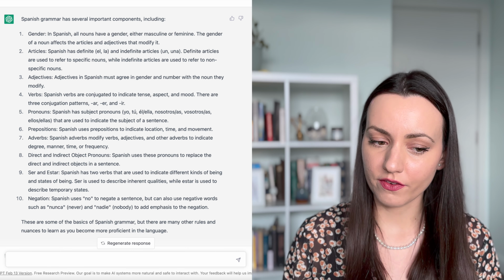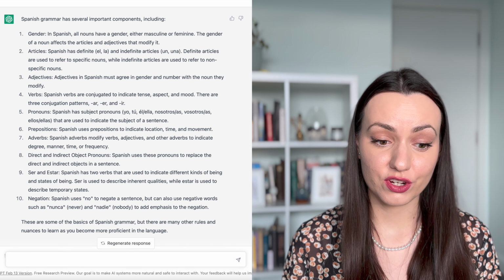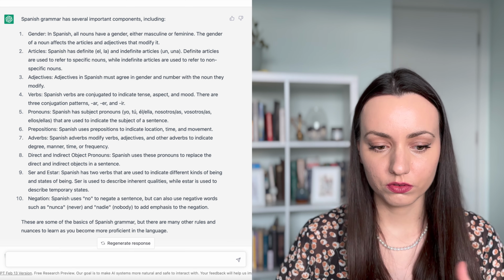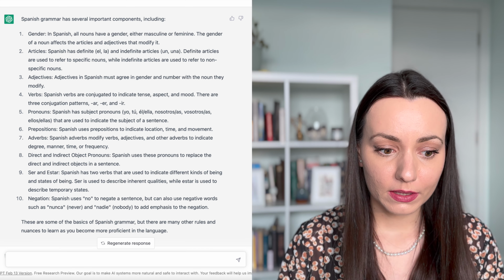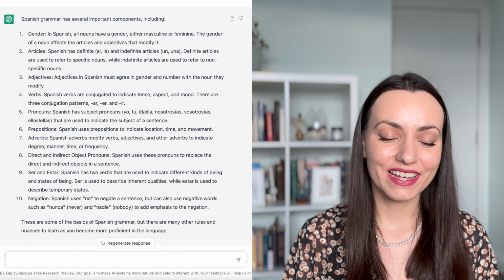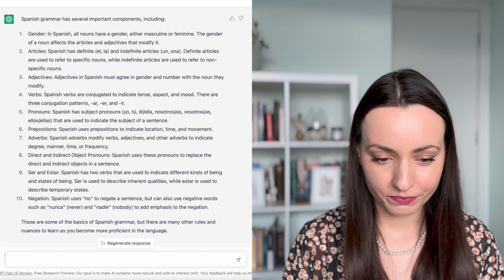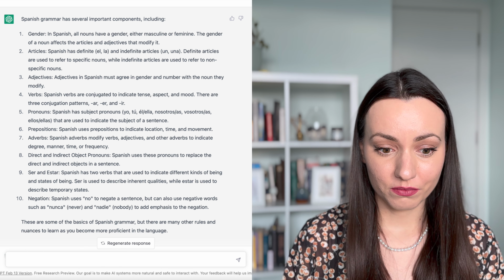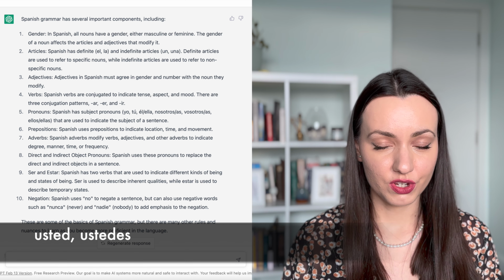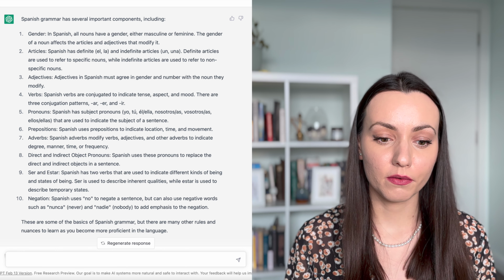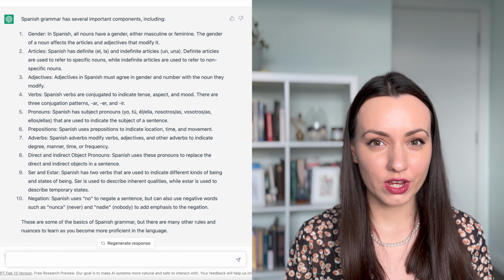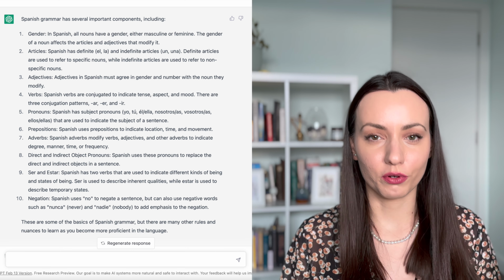See, that is where I have a problem with point number 5. It's like Spanish has subject pronouns, yo, tú, etc. Fine, we get that. They're listed, okay. But then there's this thing. First of all, usted, ustedes is missing, which in European Peninsular Spanish would be like the formal. In Latin America, not so much, but still, a whole pronoun is missing.